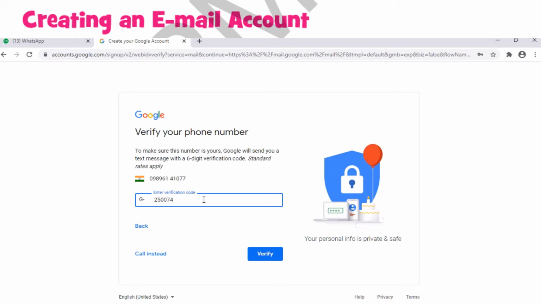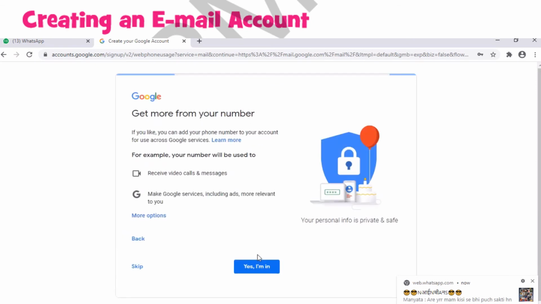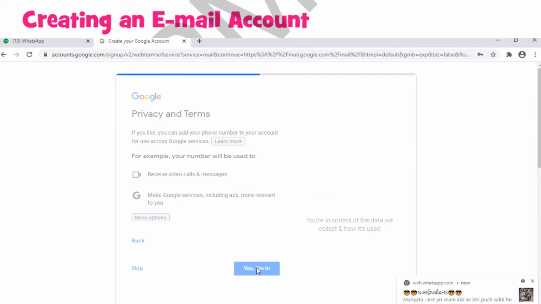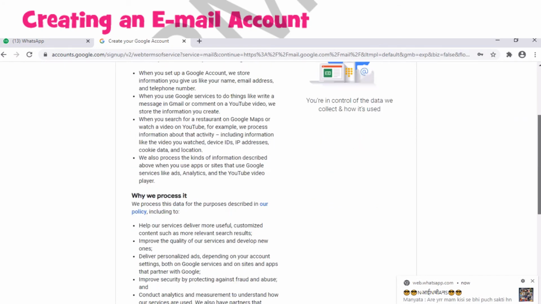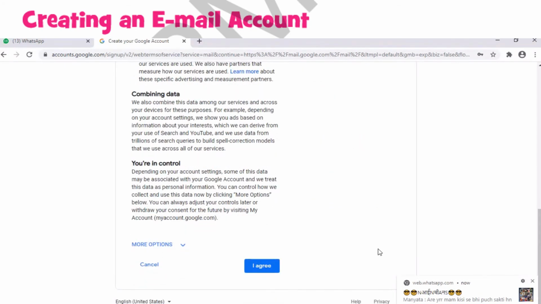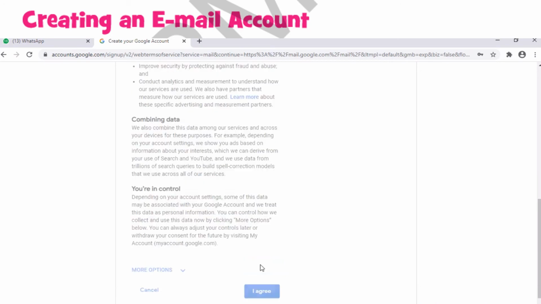You will not use this number. This number I got on my mobile, that's why I am using it. Then verify. Then it will ask about receiving video calls and messages and everything. Then you will click on yes, I am in. Then it will show you a few privacy and terms that you have to agree to.